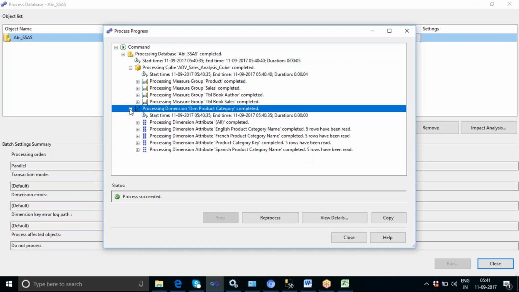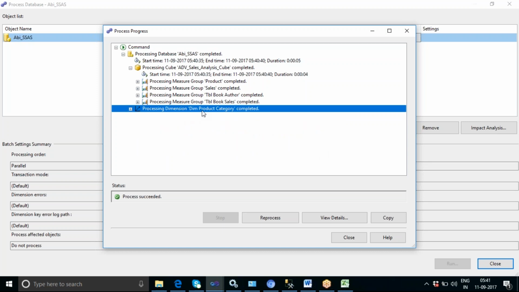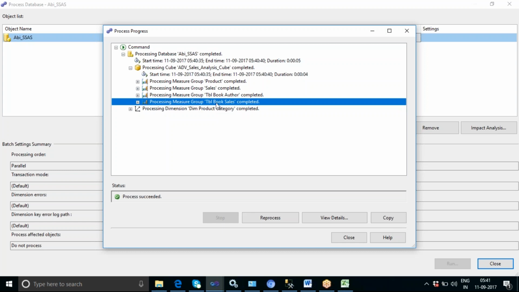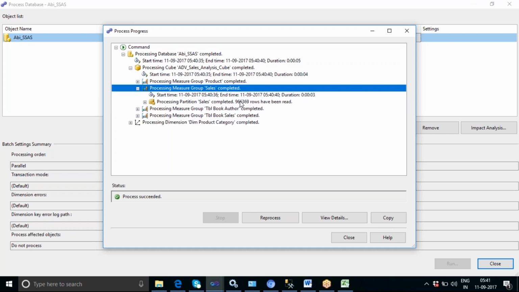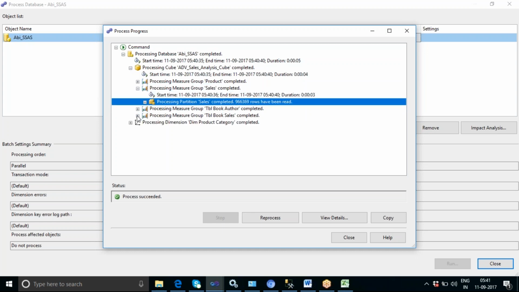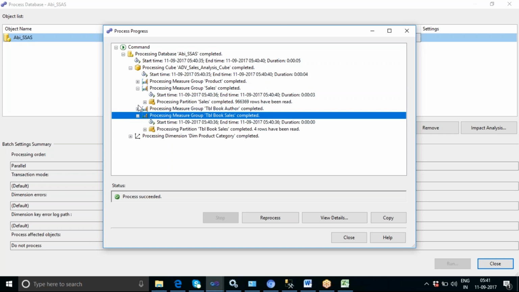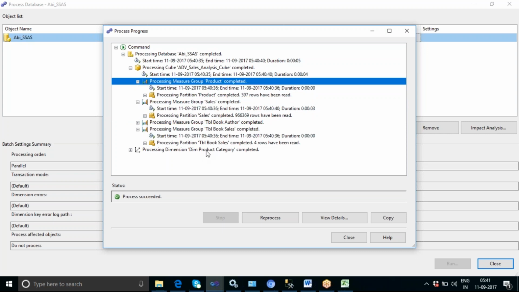Since the dimension is changed and there is a relation between the dimension and the sales table, the sales measure, you can see that the sales data is refreshed and processed. Since you changed the dimension, it checks that the fact table may also have a relationship, so it reprocesses all the fact measure group tables. And if there is no change,